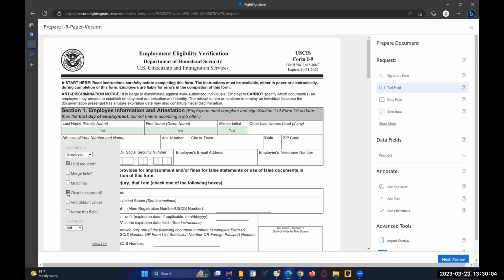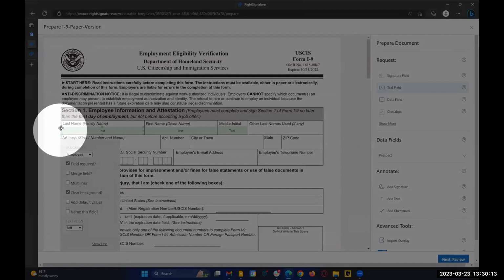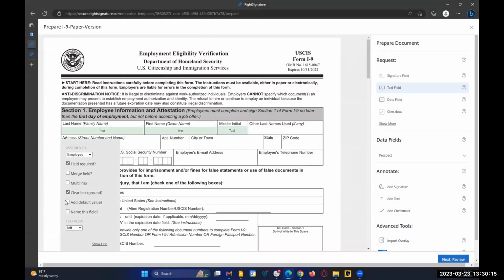As basic as this may seem, the clear background is a very important option as well. Just for example, focus right here on this edge of the document while I check and uncheck the box. The clear background essentially puts whiteout underneath my text field. So if I'm using a scan of an older document, maybe there are some quality issues, or it's a particularly busy form, even though it may be fresh and clean and computer generated, maybe there's a lot going on and I need my response to be crystal clear and legible, I can deselect clear background and have anything input in this box